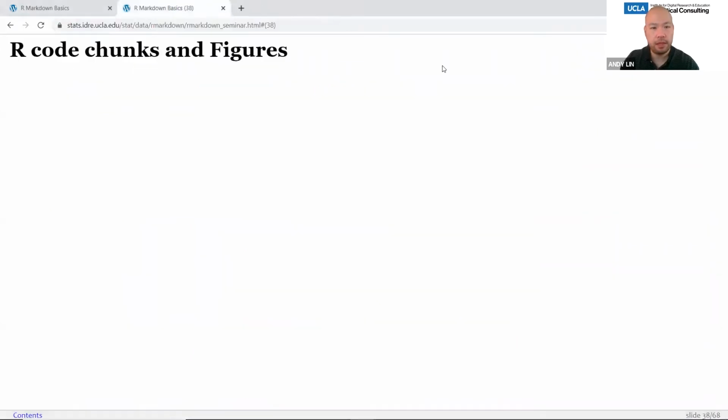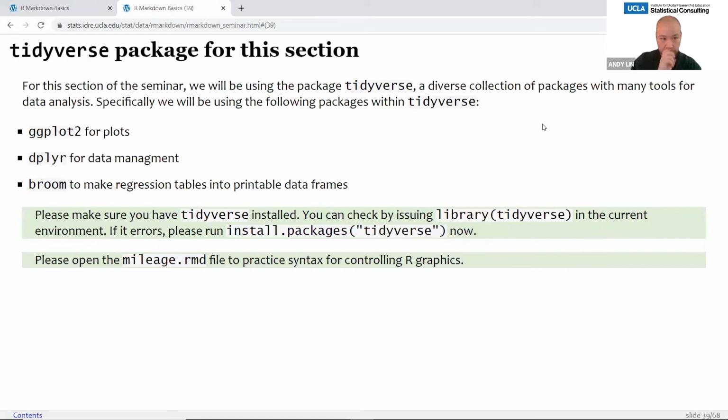Okay, here we go. So we had just gone over a bunch of chunk options to format the code and the code output. Now we're going to look at chunk options for figures, because a lot of the time you're going to have figures made from either the R-based functions like plot or barplot, or you might have figures created by ggplot, for instance, and you might want to know how you can format those in your document too. For this part of the seminar, we're going to be using the package Tidyverse, which is